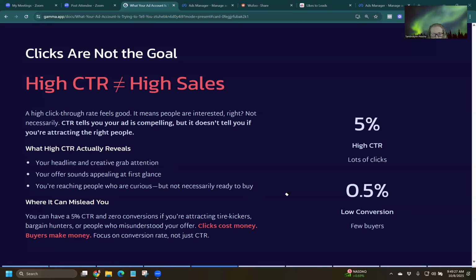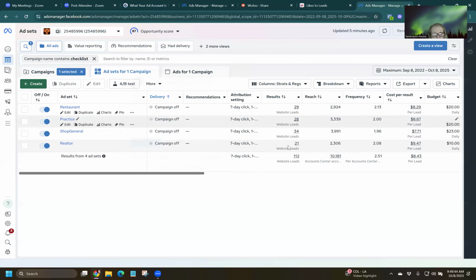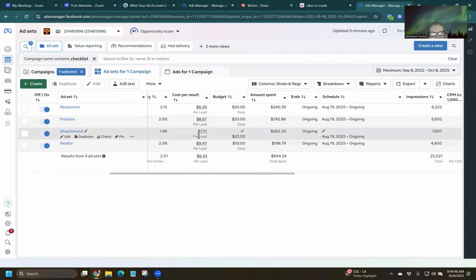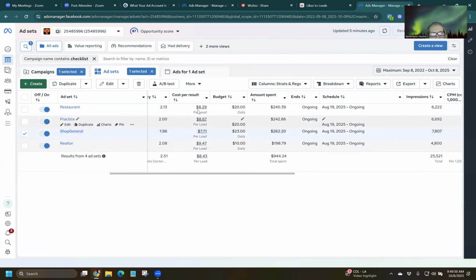Curiosity clickers: if we have super high CTR all and really low link click through and we don't get the opt-ins, we've got just a bunch of curious people. So these are good numbers to look at, but ultimately we want to care, like in this situation here, I'm looking at what's my cost per lead ultimately. If I'm getting a good cost per lead and my CPMs are high, I don't care. I still get a good cost per lead.